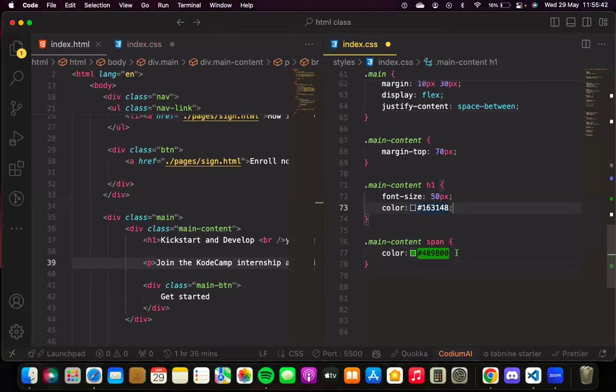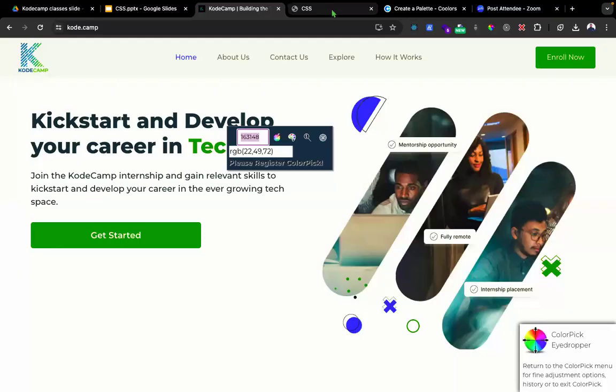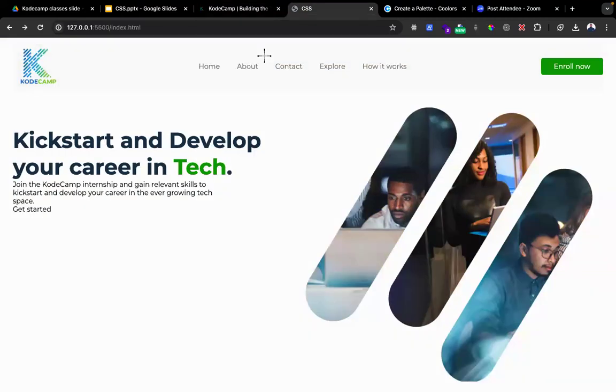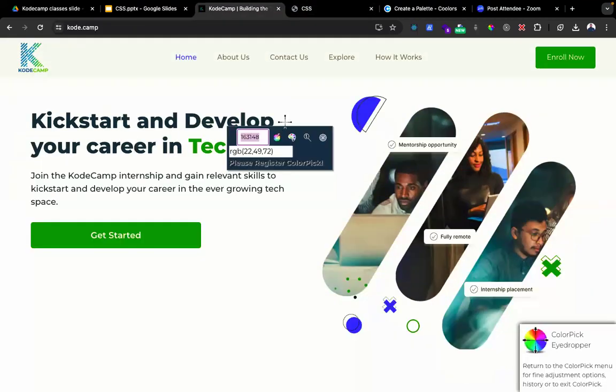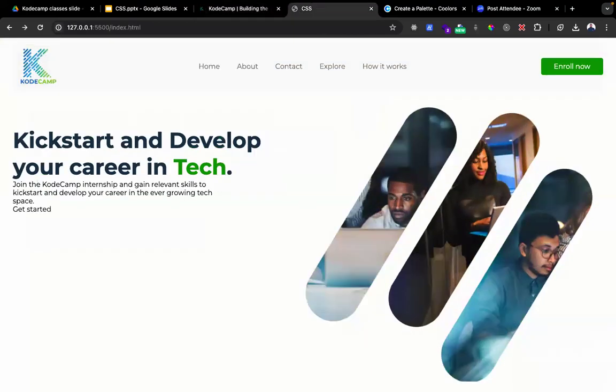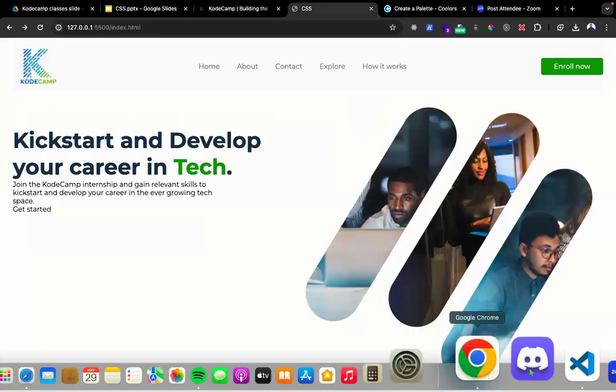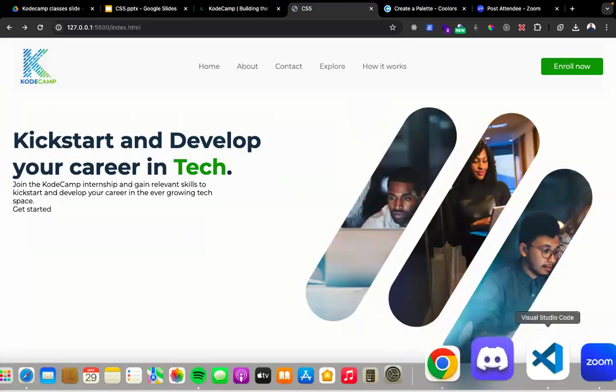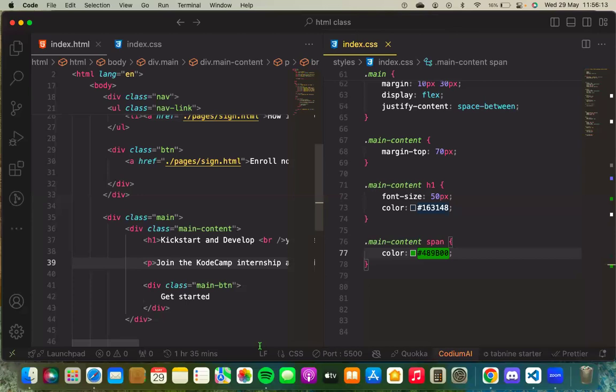Put a semicolon right here, which is not needed if it's the only element. So let's check it. Does it look alike? What we have right here and what we have here. Does it look alike? Yes, it does. The colors look alike. I think it's just a typo error here. So I think with that,